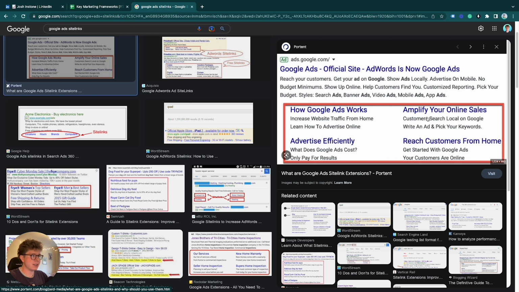in your campaign. Because A, they increase the real estate that you have in your advert. So see that this advert here is the main bits, and the site links have now over doubled the size of the real estate used on the search engine landing page. So what you're doing there is taking up more real estate, so it gives you a better chance to stand out from your competitors and just be that number 1 advert that people's eyes are automatically going to be drawn